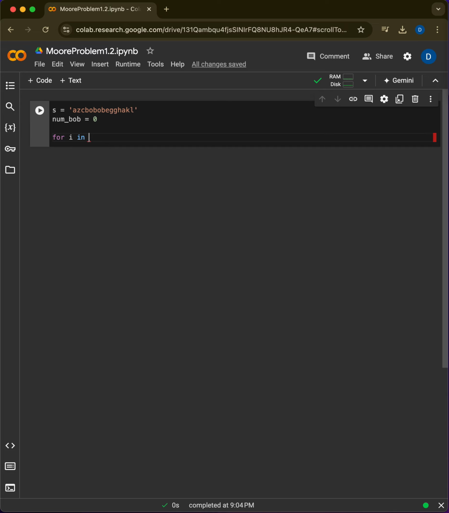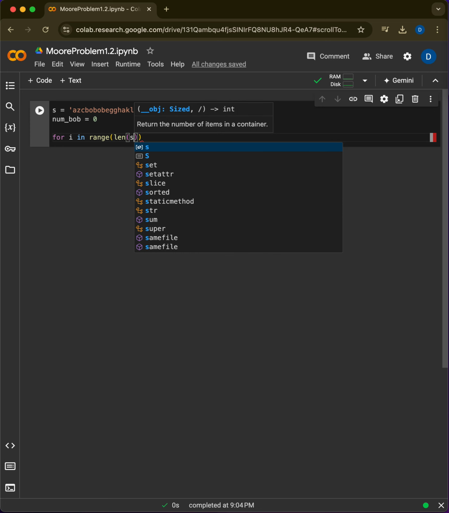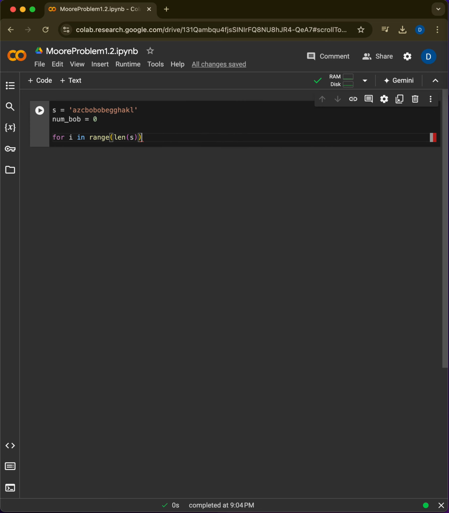For I. So this first part up here, we're telling it to look over the range of the length. The range, which is the length of S. So it's going to go through the entire length of the variable S, the string variable, and then it's going to look at the if statement,